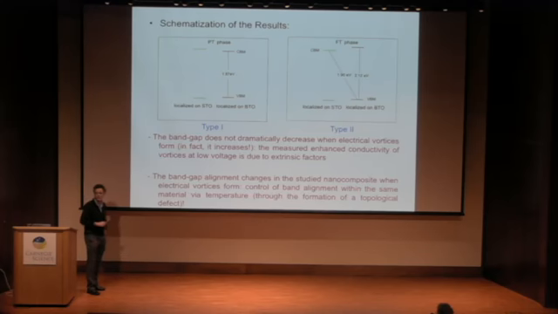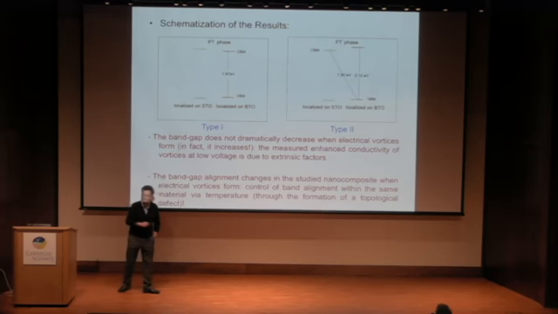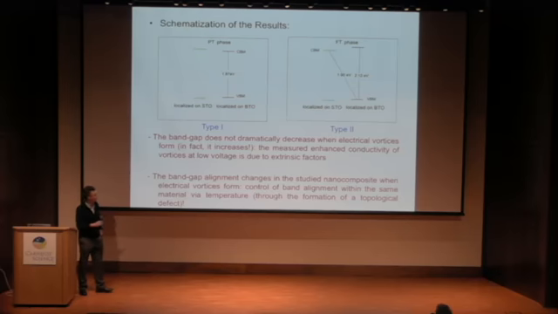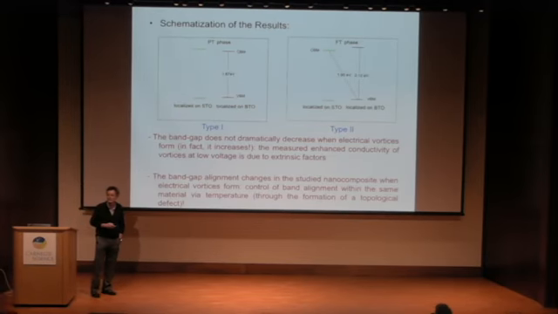And you see VBM and CBM at the same place in the nanowires. We have what is known in semiconductor physics as a type 1 band alignment. But now when electrical vortices form, as I told you before, this conduction band edge state of the barium titanate wires is pushed up. And the resultant CBM, conduction band minimum, is now in the STO matrix, while the VBM is in the barium titanate nanowires. So if you look at numbers, you have 1.90 electron volt and 1.87 electron volt here. So what these calculations are showing us is that when electrical vortices form, you do not decrease your band gap. In fact, you tend to increase slightly the band gap.